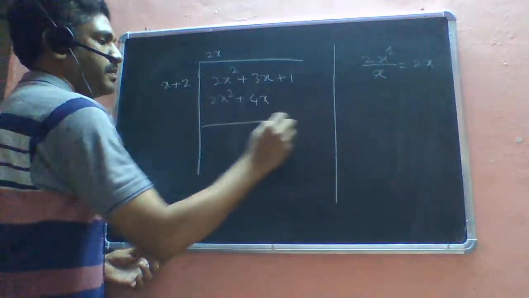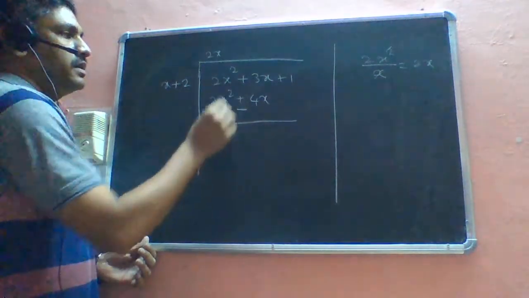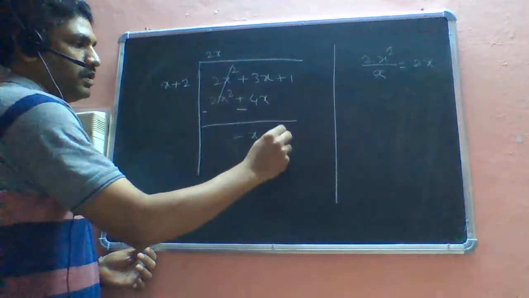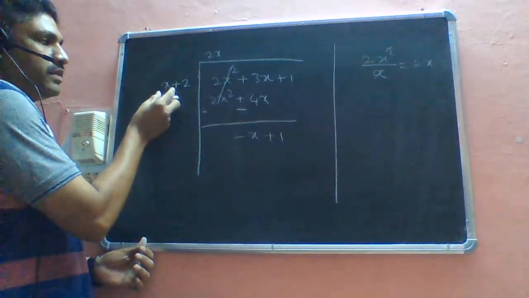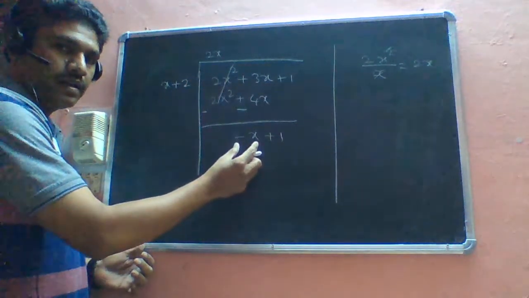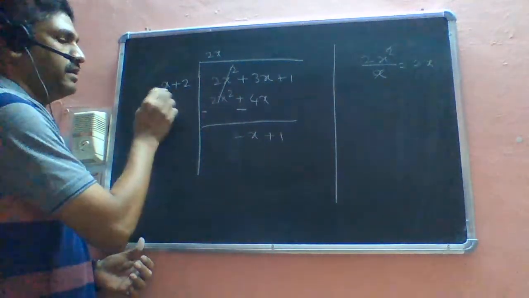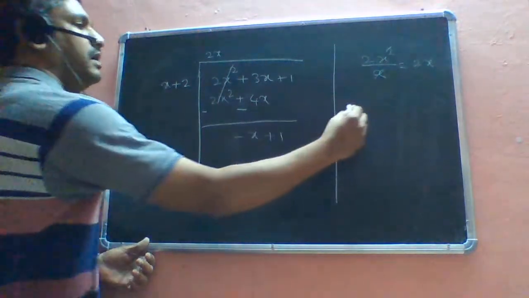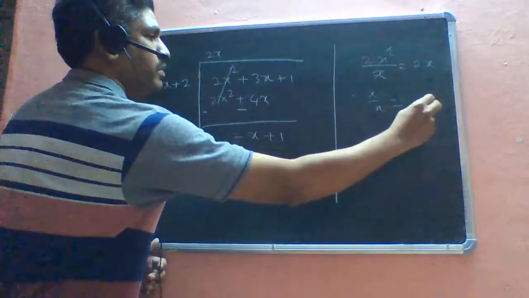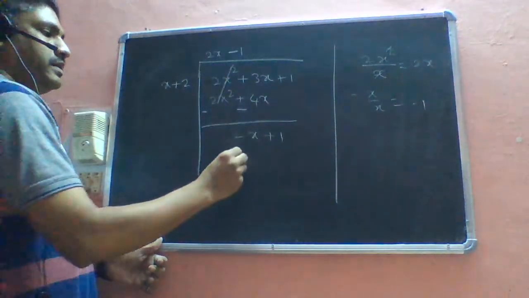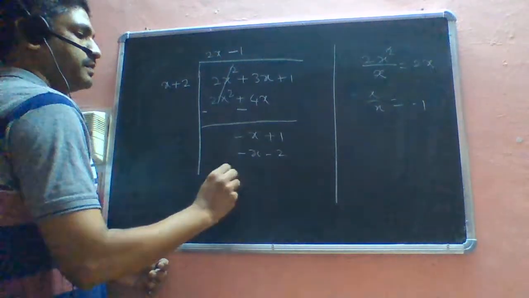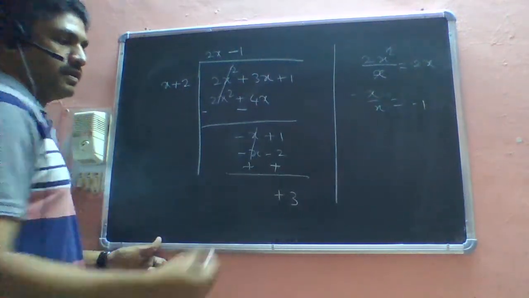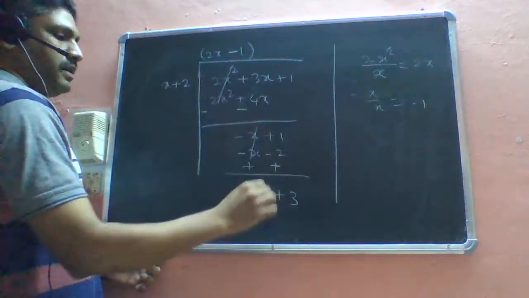Okay. Then by subtracting, here is minus, here is also minus, then this becomes cancelled, and you will get plus 3x minus 4x, that is minus x, and plus 1. Look at the degree, here also the degree is the same. Unless and until this degree is less than the divisor's degree, we have to keep on doing the division. Again minus x divided by x is going to be minus 1. So I multiply by minus 1, I get minus x minus 2, and this becomes plus, this becomes plus, this gets cancelled, and here is plus 3. So I got the remainder as plus 3.